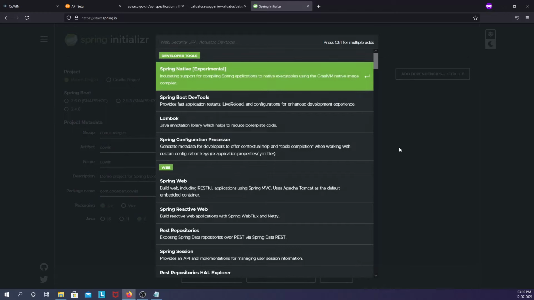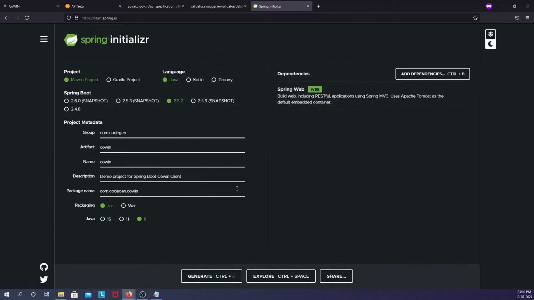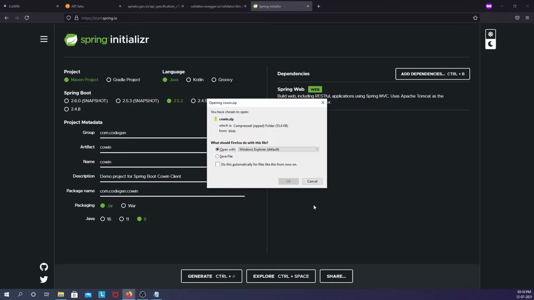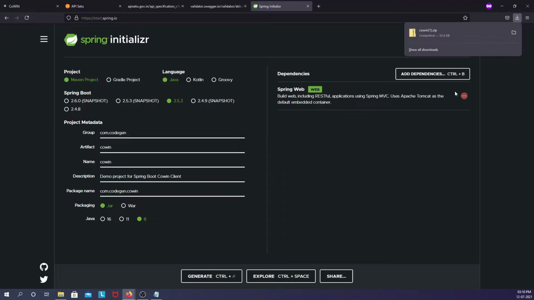And let me add a Spring Web dependency, because I'm going to create a controller through which we can invoke or call these Covin APIs. Click on generate, and I can save this. Okay, it is completed.